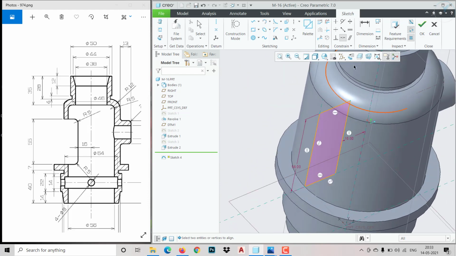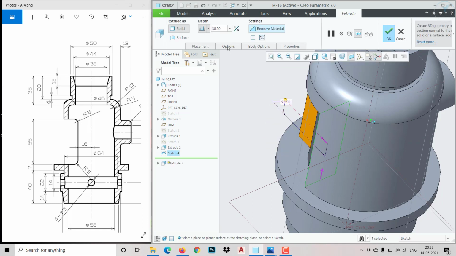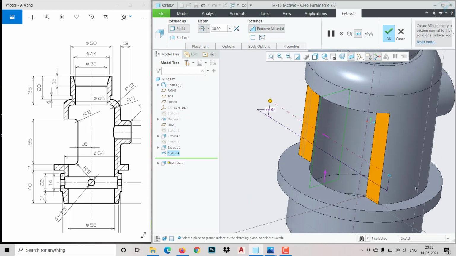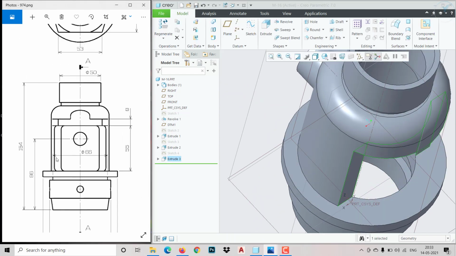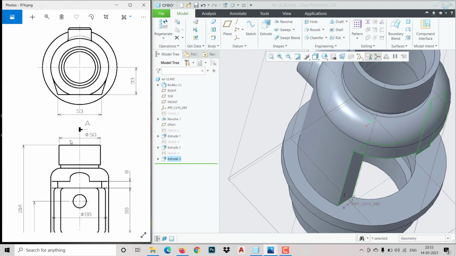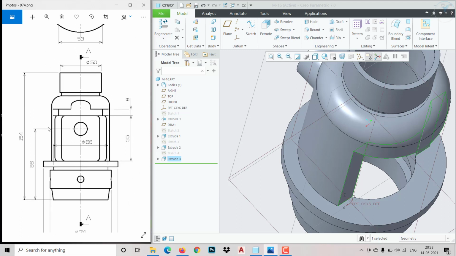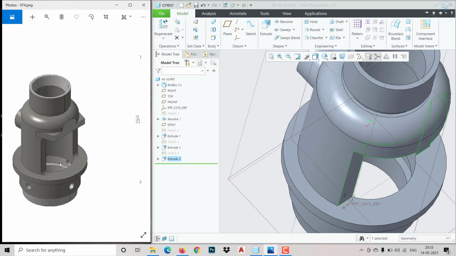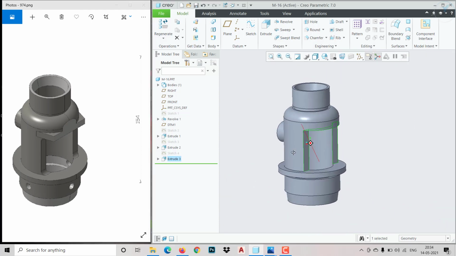So click OK. So then click extrude, remove material. So let me choose symmetric and keep like this. Okay, because the distance I haven't mentioned anywhere. This is 66, not the cutout distance. Okay, so as you can see, it has to be removed complete end to end. Okay, so we need to remove it. Fine, so now it got removed.